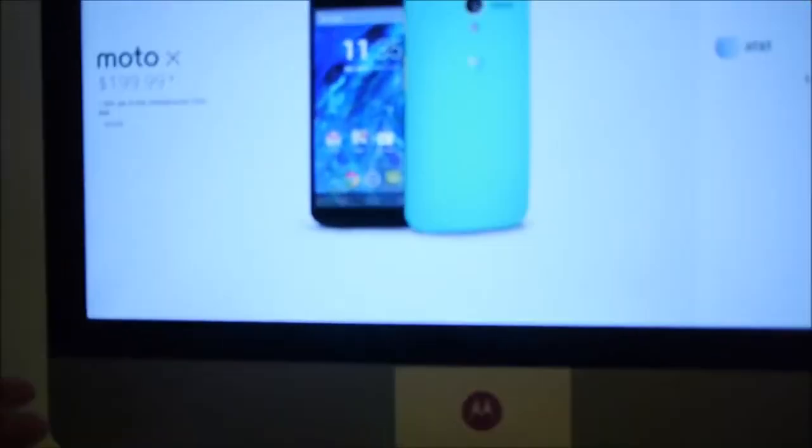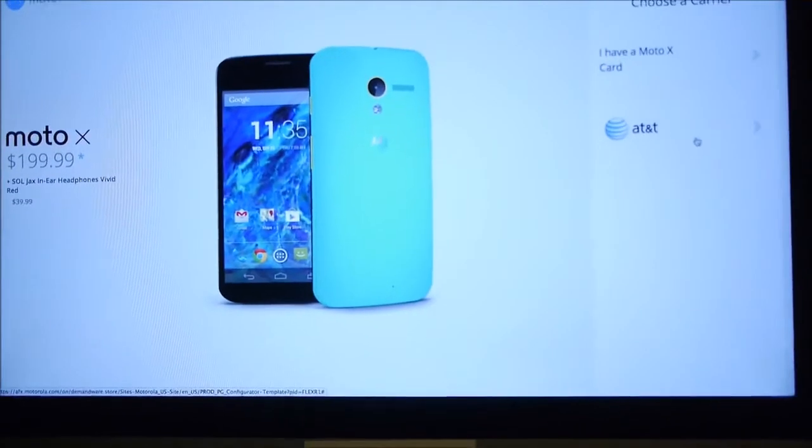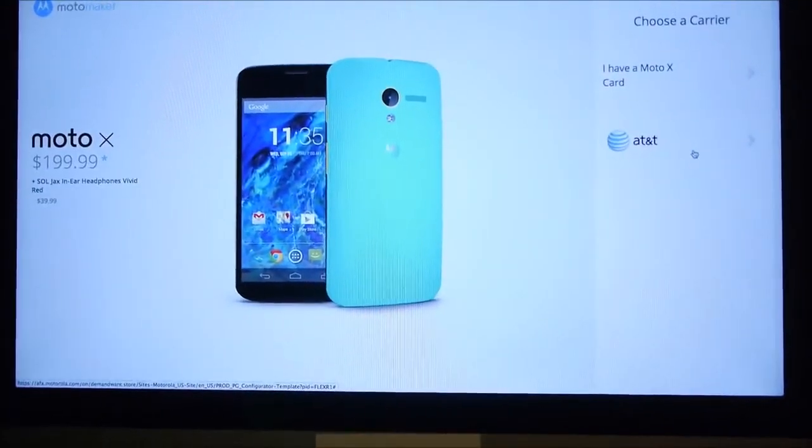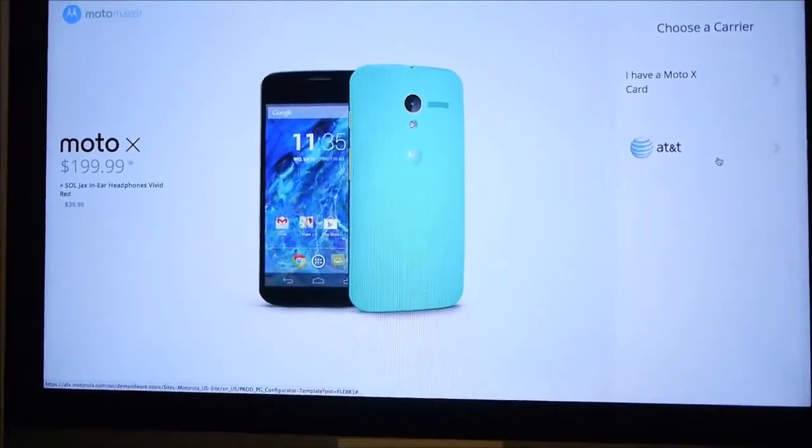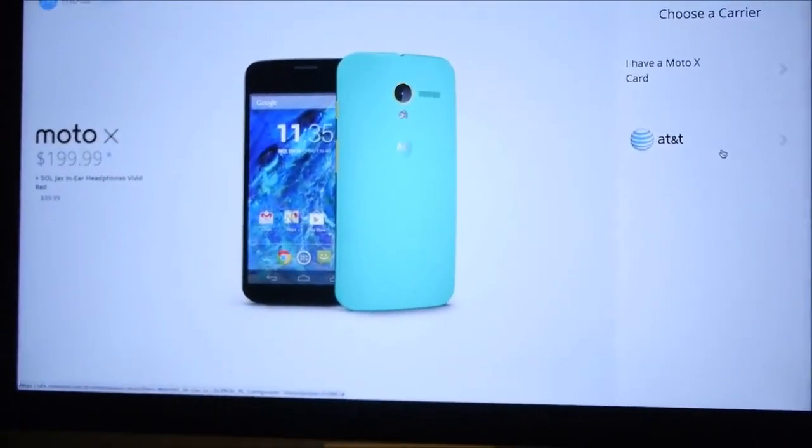The second way is you've come to motomaker.com and you want to sign up for your carrier service through Moto Maker, and you absolutely have the ability to do that as well, and select your voice, data, SMS plan, etc. right through